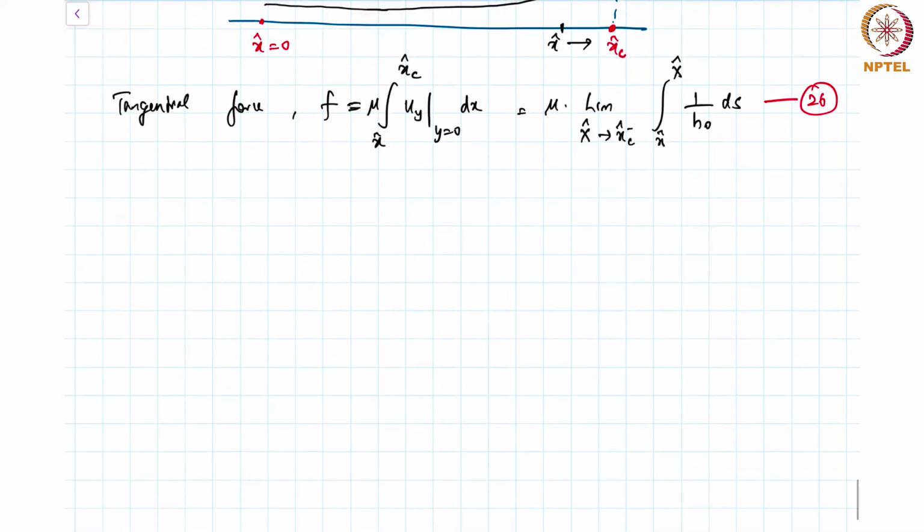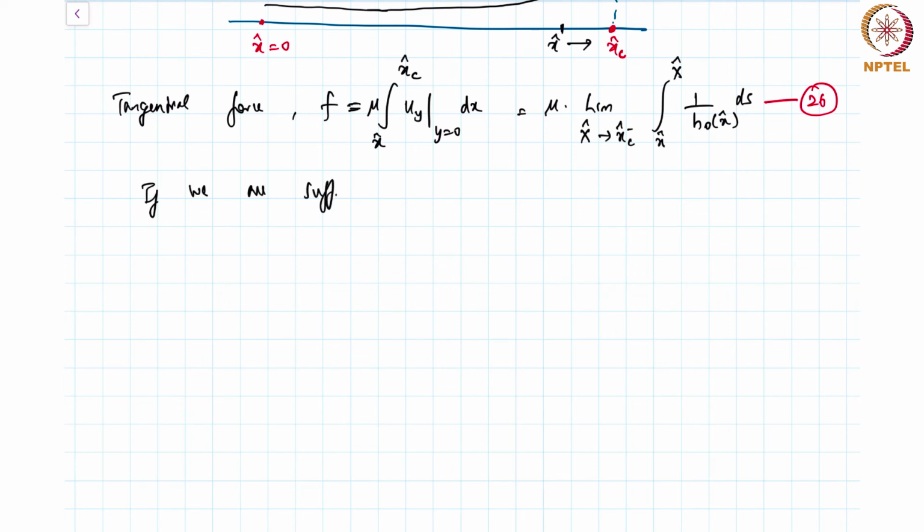Now, if x hat is sufficiently close to the contact line, we can approximate the local interface shape. We can't do this integration till we know how h naught is varying with x. We'll call it ds. So till I basically go towards the contact line, we need to know what is the h naught of x. If we are sufficiently close to the contact line,